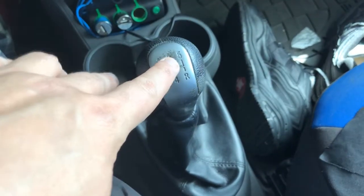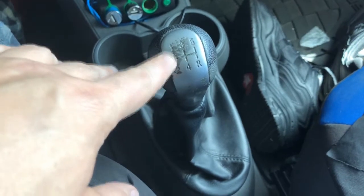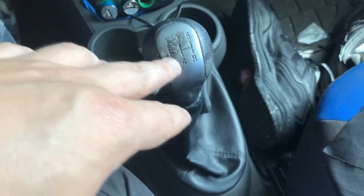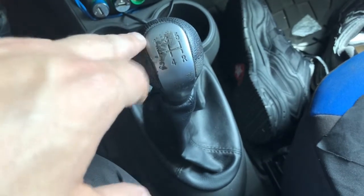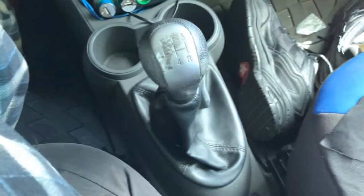this gets dirty. For my job, my hands get real dirty and sweaty, and when I go to drive home, unfortunately the dirt comes off my hand and gets onto here. So what you gotta do, get some paper towels, get some rubbing alcohol,